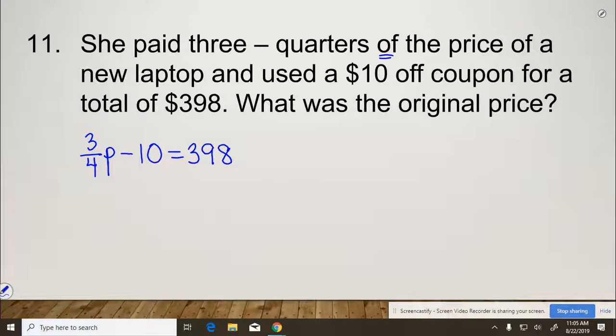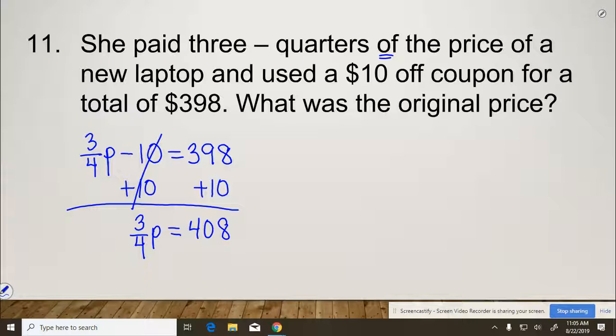$398. All right, so again, using our order of operations backwards, we look for a constant that's being added or subtracted. That constant is 10 and it's being subtracted. So we're going to add 10 to both sides, resulting in 3/4 of P equals 408. Now we look for multiplication or division. In this case, we have a coefficient of 3/4. Since that's being multiplied, we need to multiply by the reciprocal. So to get rid of the coefficient of 3/4, we're going to multiply by 4/3,